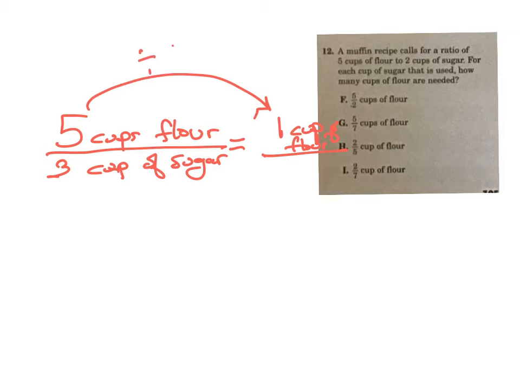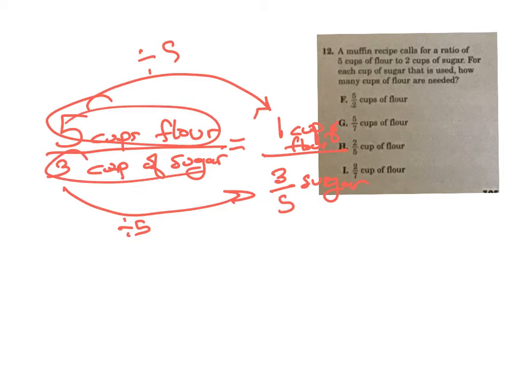Well, I divide this by 5. So then I'm going to do the same thing here. 3 divided by 5. And 3 divided by 5 is that. 3/5 sugar. So if I do 5 cups of flour, I need 3 cups of sugar. If I do 1 cup of flour, I need 3/5 cup of sugar. It looks like